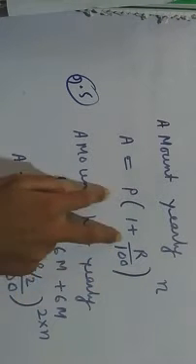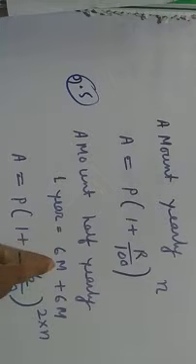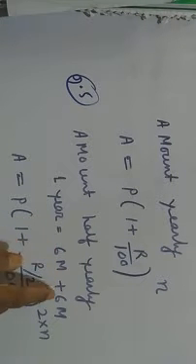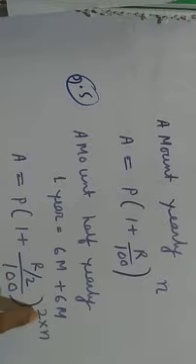In case of half yearly, this formula will change a little bit. Now look here. In 1 year there are two periods of 6 months; 6 months plus 6 months equal 1 year. That's why the formula changes to A equal to P bracket 1 plus rate of interest divided by 2, by 100, and again 2 multiplied with the power, that means 2n.